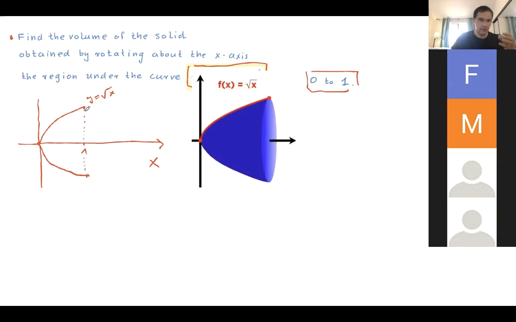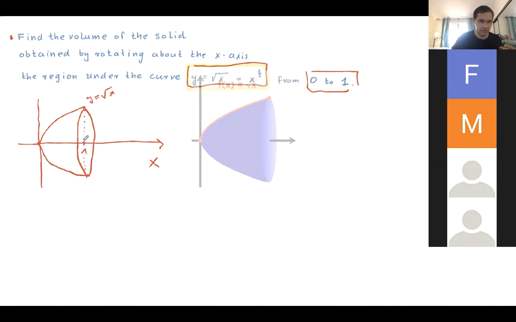And then we get a three-dimensional solid that looks something like that. I don't know if I know how to draw this, but okay, this is the three-dimensional solid S, the volume of which we want to compute. So very simple, because